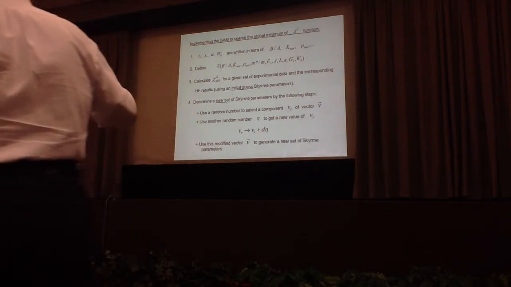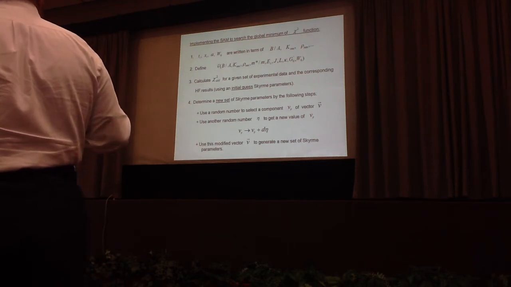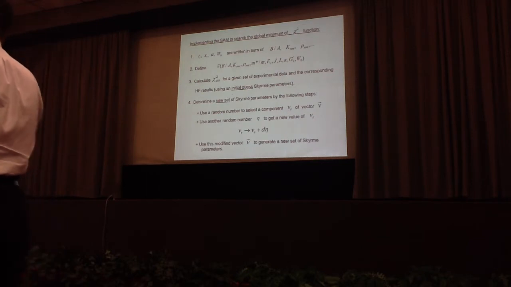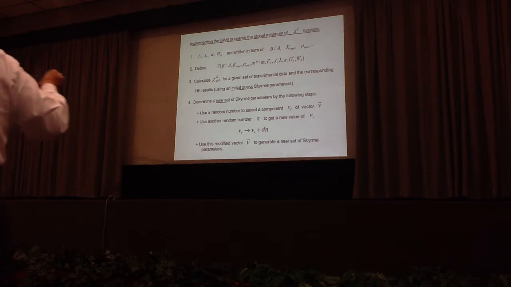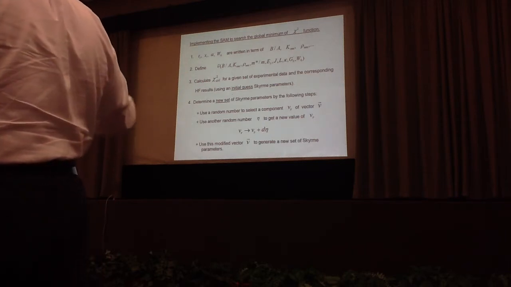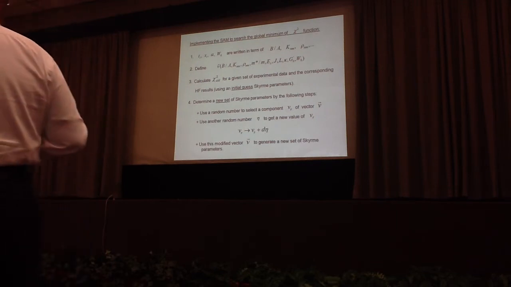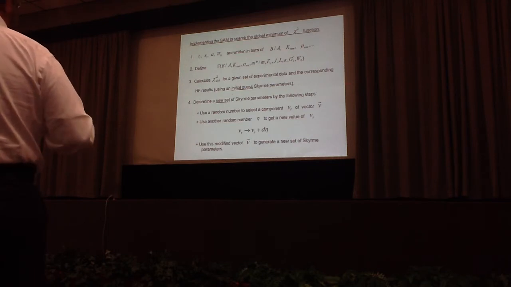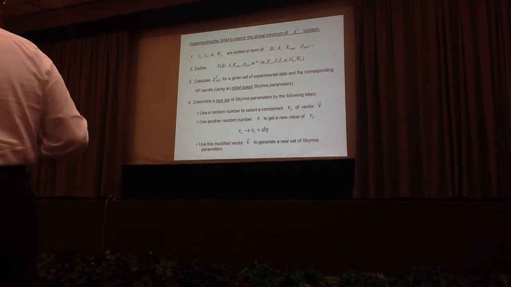So we start with certain quantities, and we have two vectors. V0 is the vector with all the minimum values for these quantities. V1 is the vector with all the maximum values, and we vary the values of these quantities between this region with a certain step. So we start from the initial value, we do the Hartree-Fock, we find the chi-square. Then we use a random